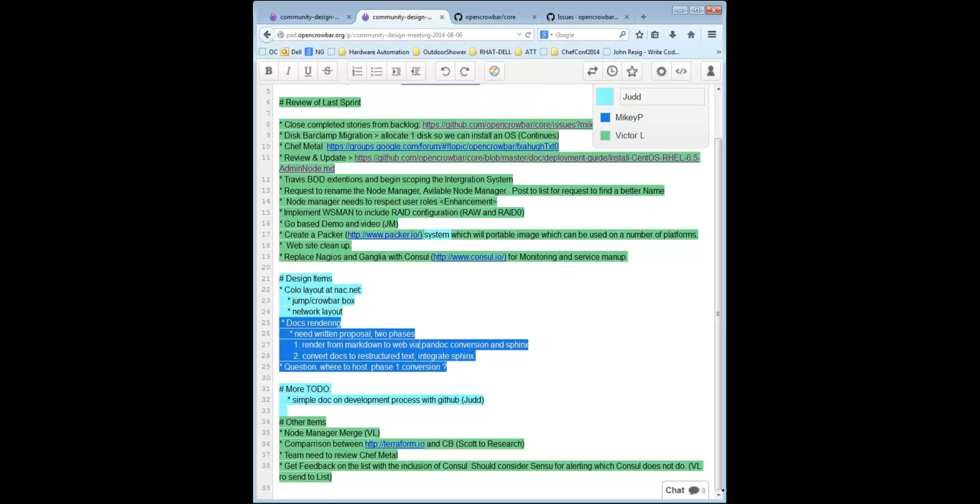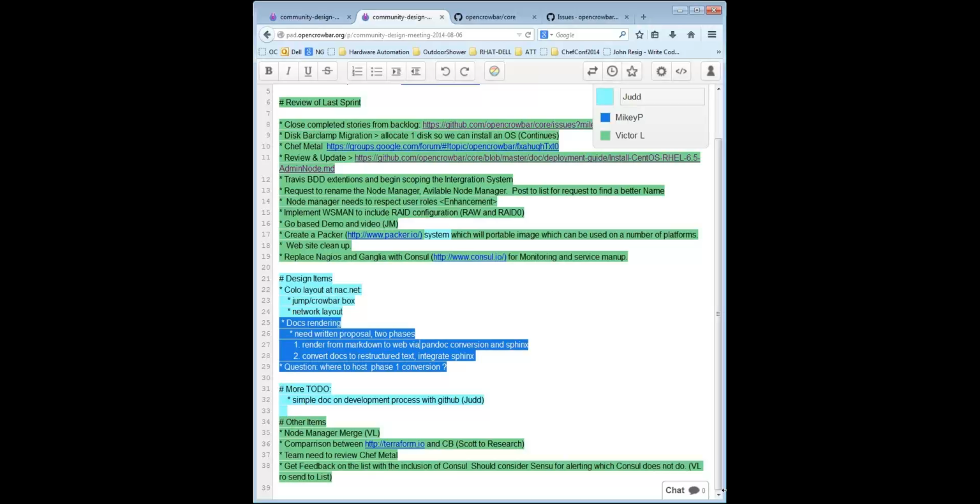I kind of have this working in a prototype fashion. The big question in my mind is, do we want to bother trying to host phase one on any of the CI infrastructure? It opens a can of worms because getting a current version of Pandoc and some of the other tools is just a mess of dependencies under, say, CentOS or Red Hat 6.5. Those tools are just not maintained on the server versions.